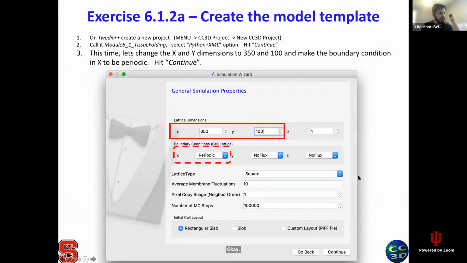Hit continue, okay? Then when you get to the dimension of the simulation, choose 350 lattice sites in the X direction and 100 lattice sites in the Y direction, and choose the X direction to have periodic boundary conditions. That will be a way to simulate an infinite epithelium along the X direction, okay? A rectangular slab, everything like this. All right, so 350, 100,